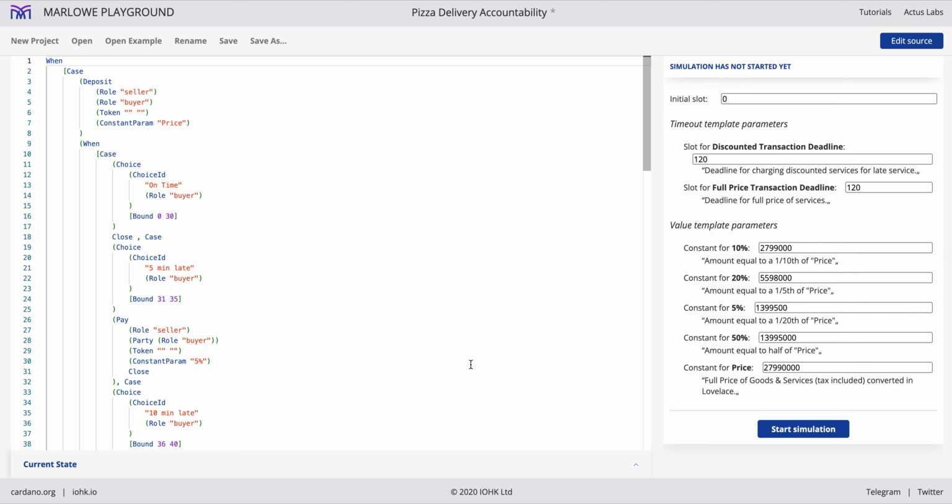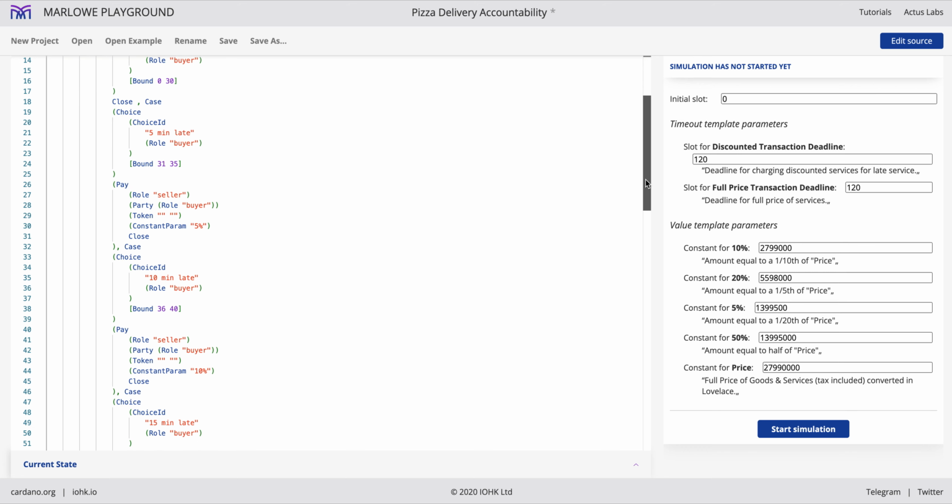That we built this weekend. We're calling it our Pizza Delivery Accountability Contract. The use case here is that we wanted a pizza delivery service to be able to provide assurances that your pizza would be delivered on time. And we constructed a tiered approach to discounts on your order based on how late your pizza could be. And ultimately, with your pizza being an hour late, it being completely reimbursed.